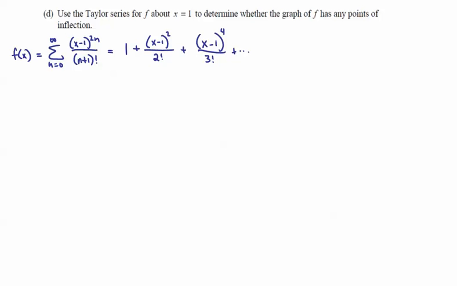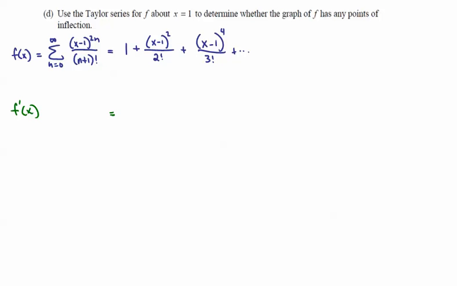And since derivatives exist at all different orders for this function here, we really need to find a zero derivative. Now it's going to be hard to show with a series whether the second derivative changes sign, but we'll cross that bridge when we get there. So first of all, we need the first derivative of f,